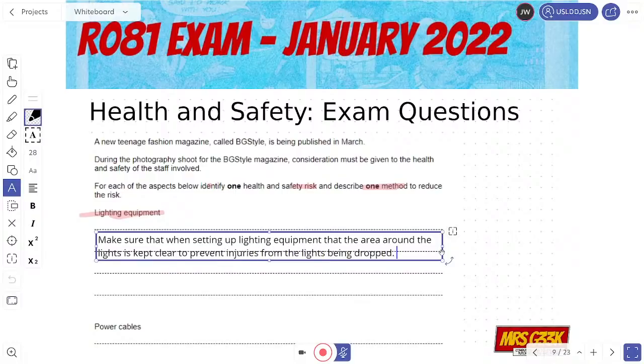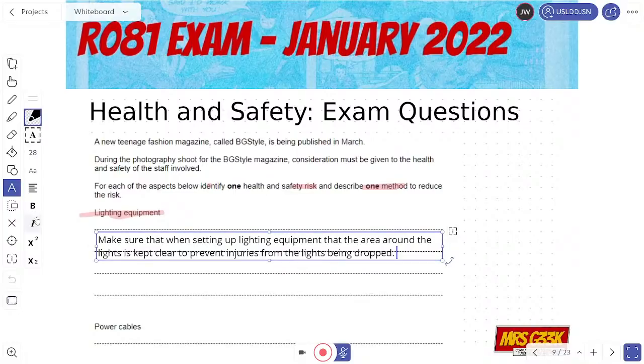So I mentioned what the injury is, and I said how we can get around it. You could also say to make sure that depending on how high the lights are going, the person is using the correct safety equipment for working at heights so that they don't fall and hurt themselves, which could also happen.